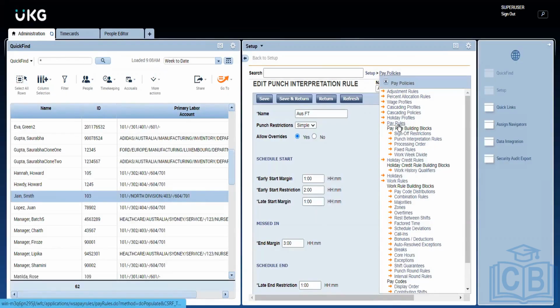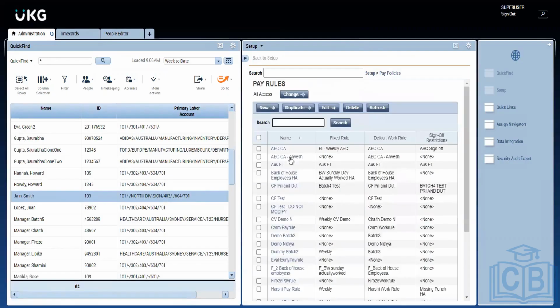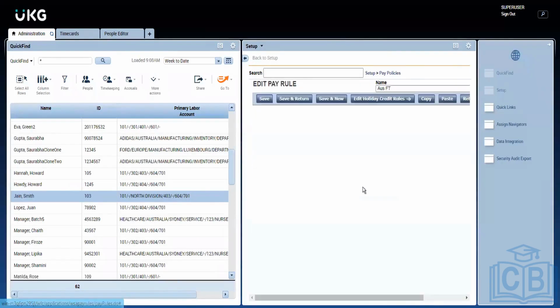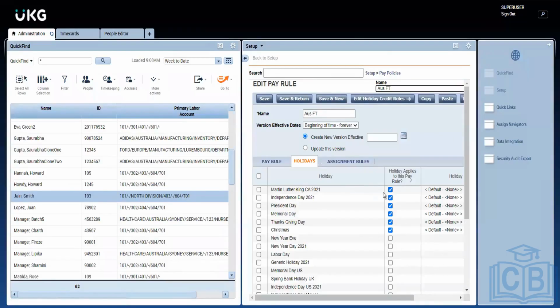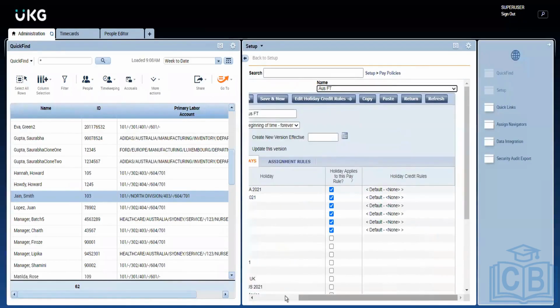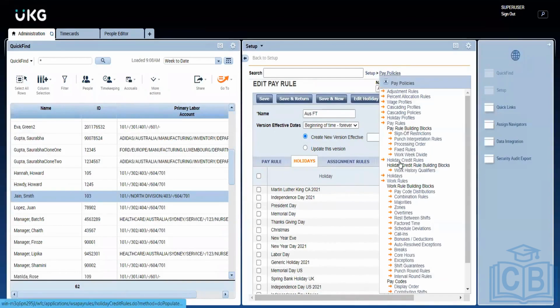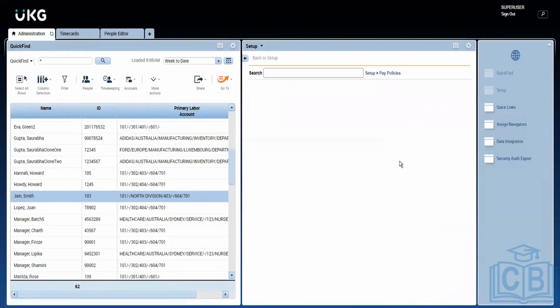And also we saw in our payroll how we are assigning the holidays based on a particular location or a particular country or a particular region. We can select what are the holidays applicable to that particular payroll. Now we need to see how an employee is getting paid for this. How many hours should be paid? How is it getting paid? Under what pay code he needs to get paid for a holiday, so that all depends on holiday credit rules.